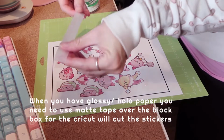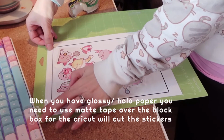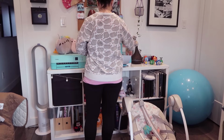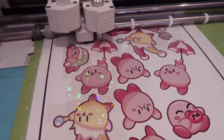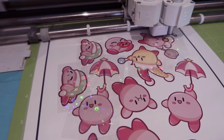And that's the problem with doing die cuts that are holographic, is you might have some issues with stickers. There's more room for error is what I'm going to say. So it's a little nerve-wracking having to put them together, and I do these all from home. So yeah, I've got to redo Beam and Chef Kirby,